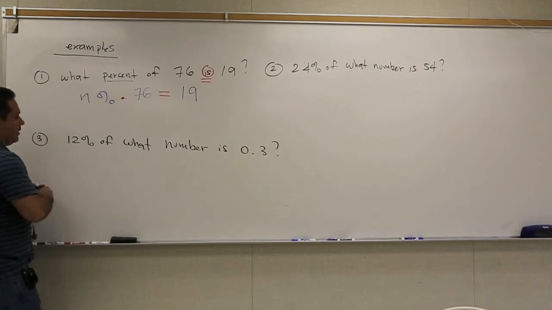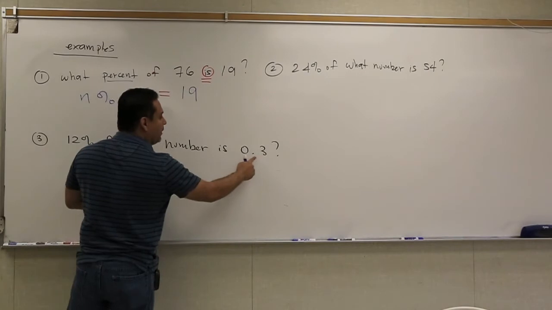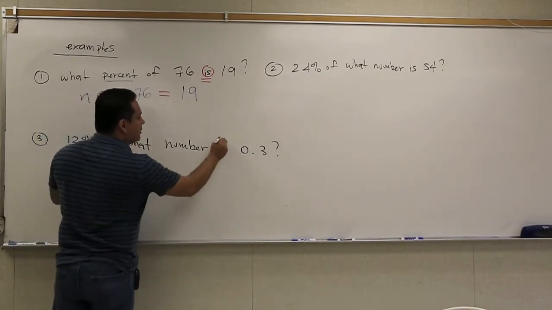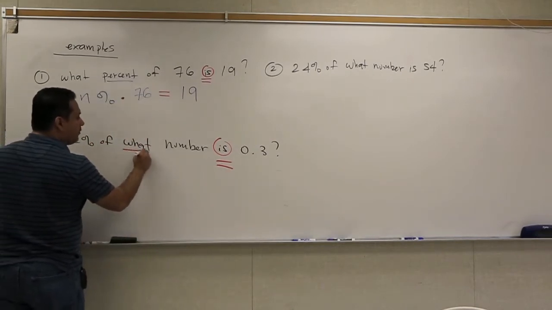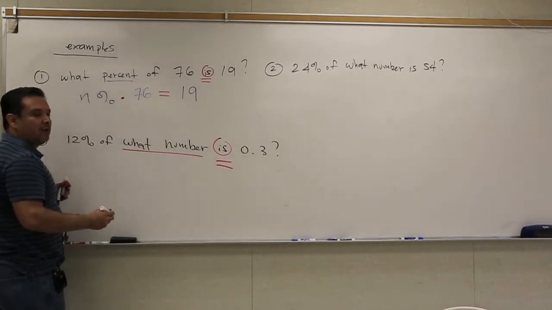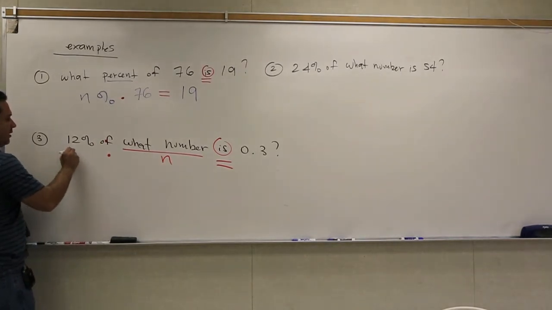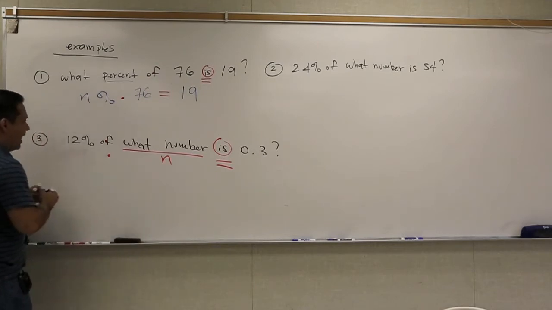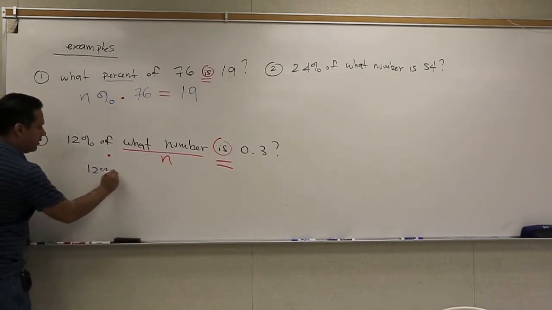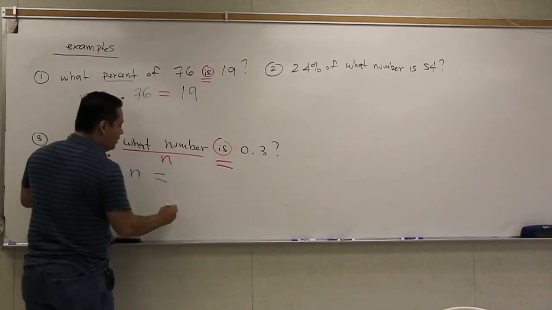What about this one? Let's translate this. They're saying 12% of what number is 0.3? What do you notice? Is means what? Equal. What about this phrase, what number? Do you know the number? Call it n or x. What about the word of? Times. This means times, right? And then you got 12% here. So I'm going to write this down. We have 12% times n equals